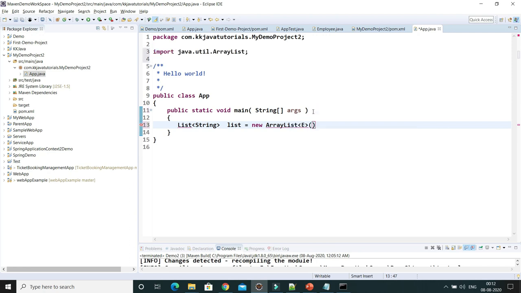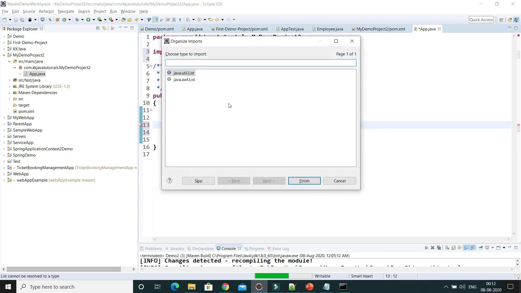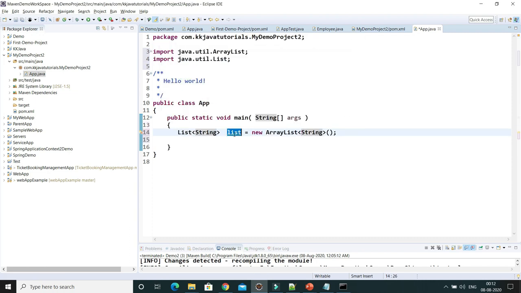Sorry, that should be a string, and let's import from java.util. Here I'm going to add a, and let's add one more element, b.